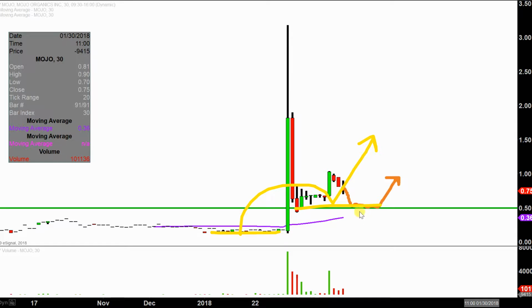However, if the price breaks below 50 cents, or worse yet, separates to the downside, what would you have at that point in time? You would literally have the price right back in this area, which is where it all started. And that's just the epitome of what a pump and dump is. Awesome move, and then within a pretty short amount of time, the price is right back to where it started, or pretty close. So we'll see if 50 cents can hold, but if you haven't connected those dots, 50 cents is definitely a very important level of support going into tomorrow.